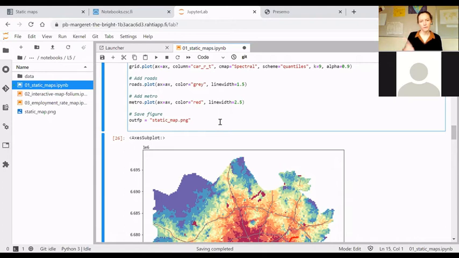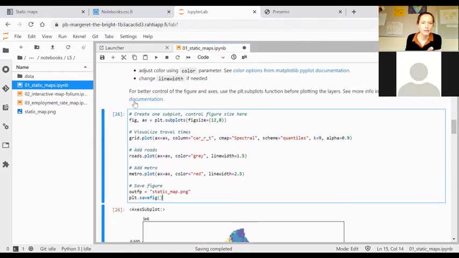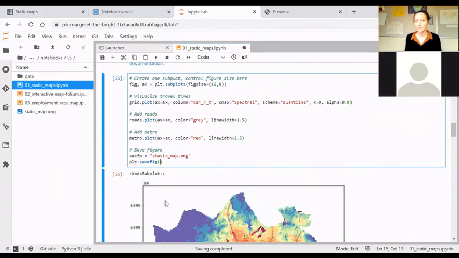For example, with the travel time matrix data, we have these 13,000 grid files. So we could, putting this script into a loop, plot 13,000 maps, everything systematic. So plt.savefig. Now we have to do this in the same code cell where we are plotting the thing in order to save the current active figure object. So out_fp, and then we can also influence